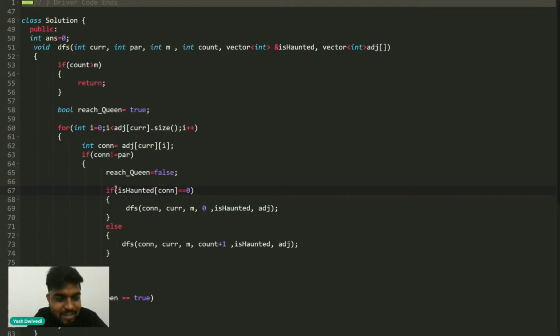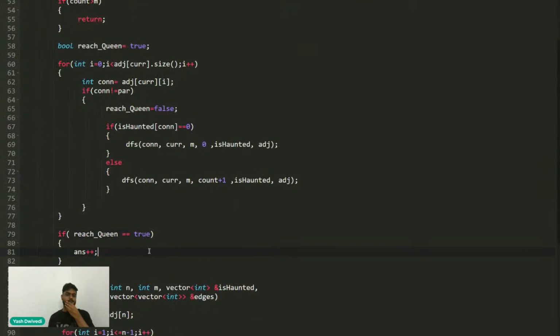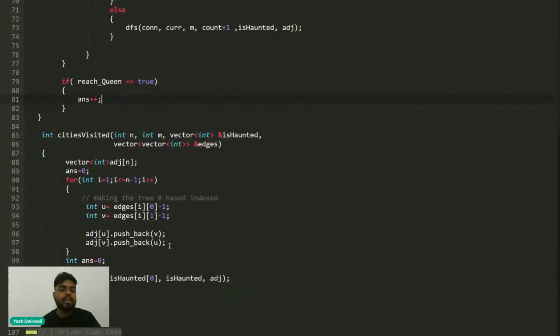So what is the mistake in this case? Can anyone identify the mistake that I'm making here? Okay, yeah, thanks a lot.